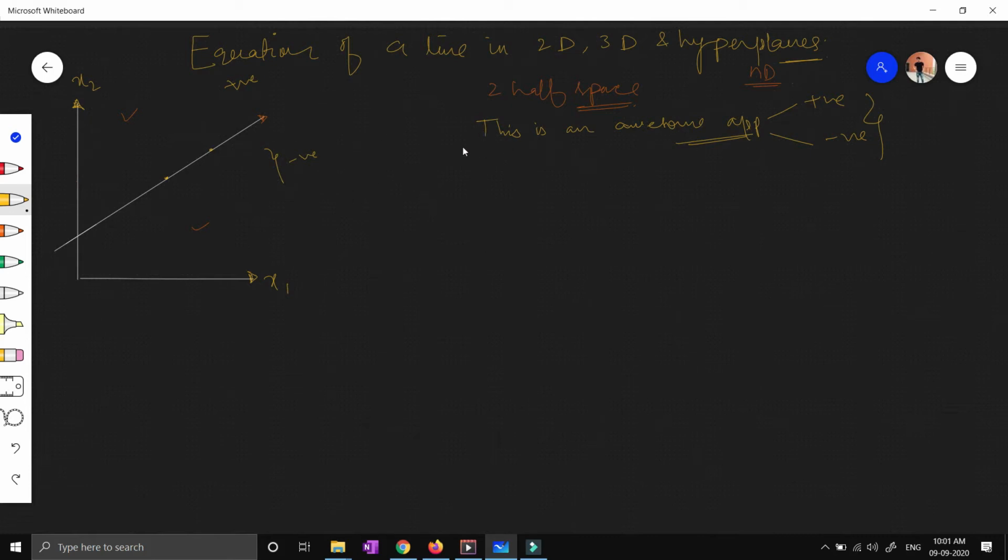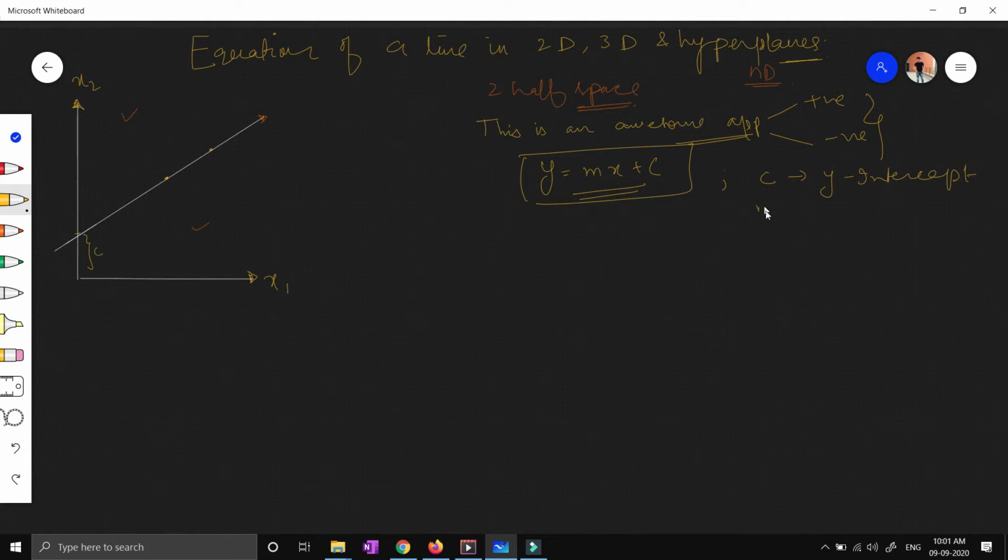All right, I want to tell one thing over here: in high school you learned, or you will be able to recall, the equation of a line as y equals mx plus c, right? So this is the more fundamental and basic equation of a line we have already studied. Over here, what is c? C is the y-intercept term. You can see my line touches the y-axis over here, right? So this is my c, okay?